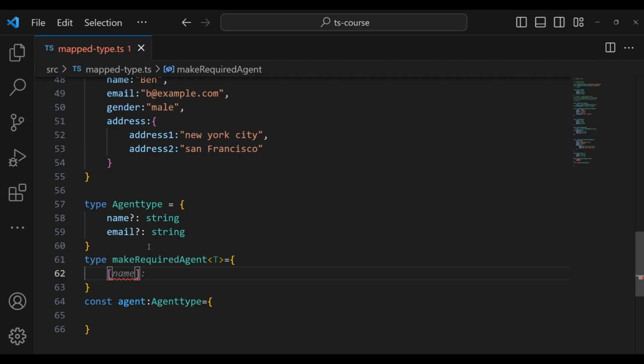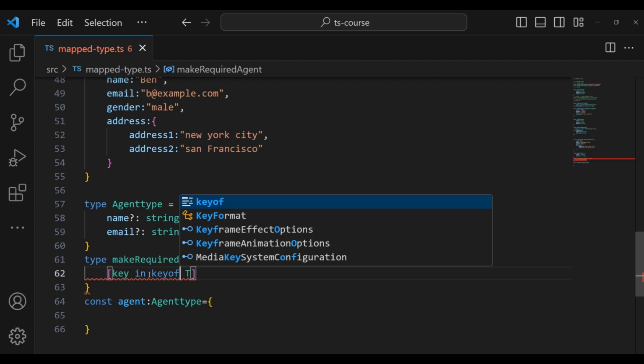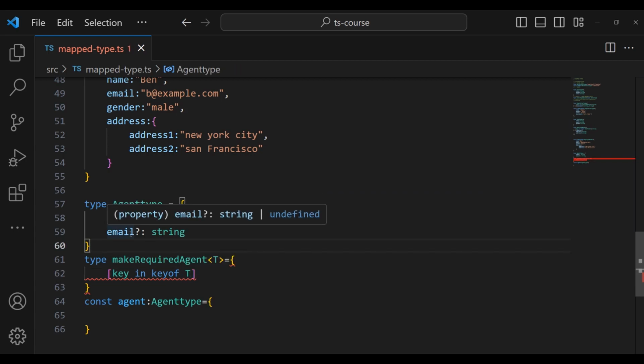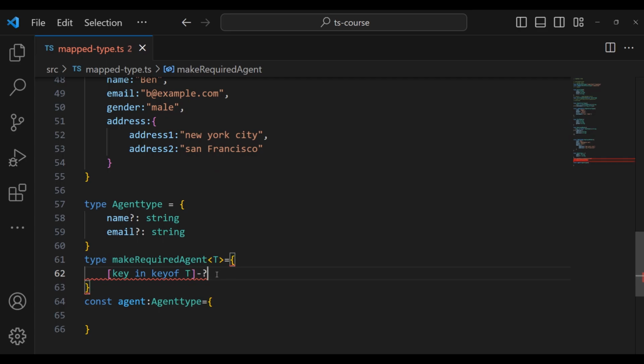It's the syntax of a mapped type, key in T. T here represents agent type, in keyof T. In keyof T, we are getting first here name and email as union type, and then we are going to say that we remove optional, like this, minus question mark, this operator here. We say that we remove the optional operator within the agent type, because here when we are going to call make required